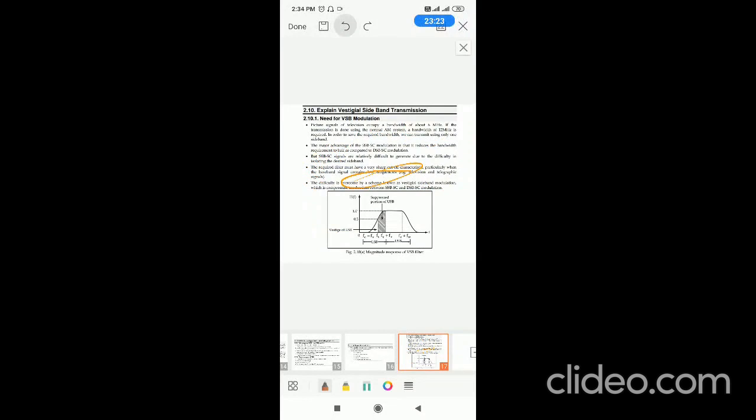The highest frequency of the picture signal is 5 MHz or approximately 6 MHz. When you send only one sideband, the bandwidth would be 5 MHz. When you send two sidebands, the bandwidth would be 10 MHz. So instead of sending two sidebands which contain the same information, I can send only one sideband, which takes less bandwidth. In that space, you can send the other sideband also.